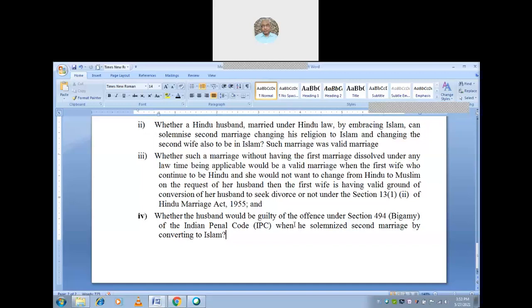The reason is, every person has a right to change the religion as per the article of the Constitution. So he changed the religion, and he also made the other party he is going to marry convert to the same religion, especially here Islam or Muslim. At that instance, they can go for the marriage.